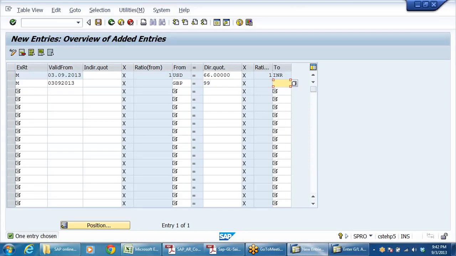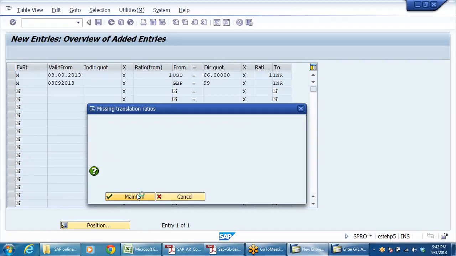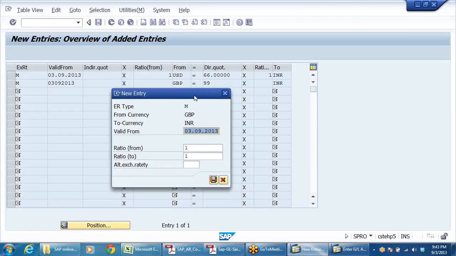Exact reverse, 66.99, right, into INR. So no exchange rate conversion factors could be found. Okay, maintain, yes, maintain. So from 39 onwards, ratio 1:1, yeah.